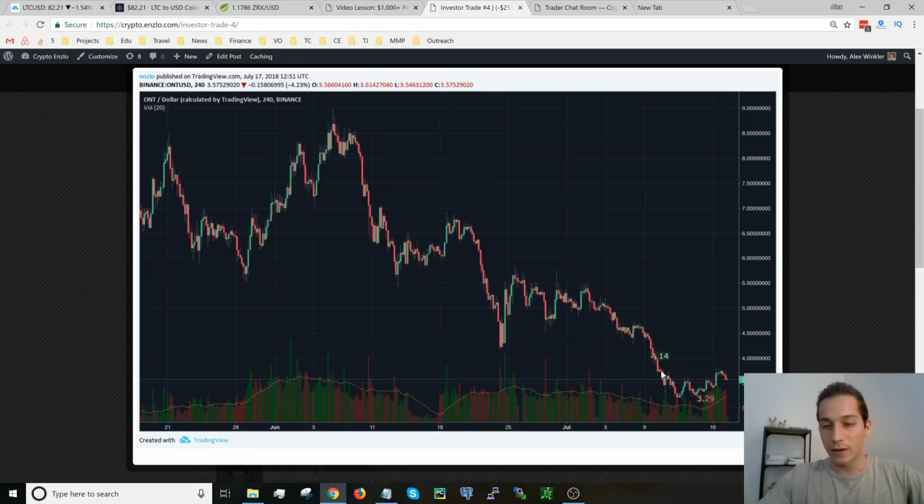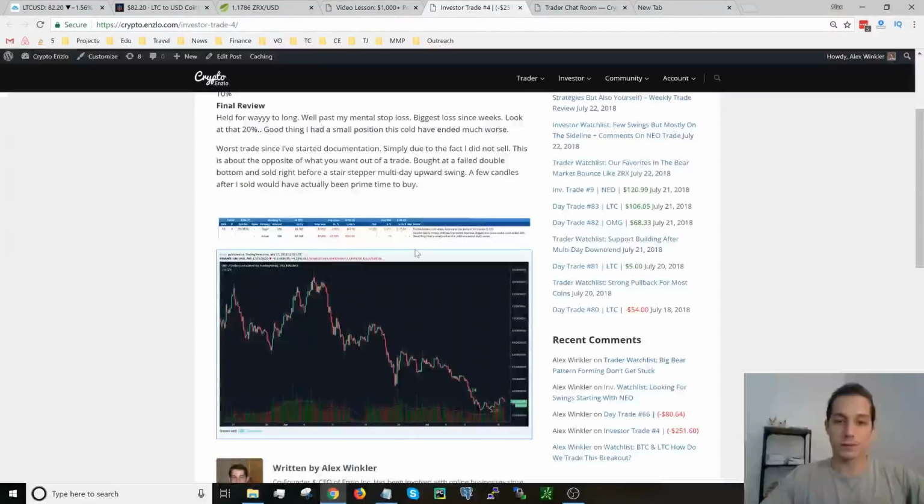Even if it was right here, I would have not just saved money. I probably would have been at like a 5% loss. But also I would have freed up capital. I mean, this is multiple days of capital being tied up where you're missing other trades, right? So you don't want that to happen. You always want to cut your losses quickly. So this is one of those trades, clearly overtrading, and then on top of that, not sticking to my rules. So a loss like this, it made a profitable week...